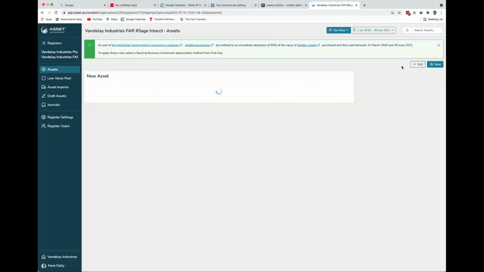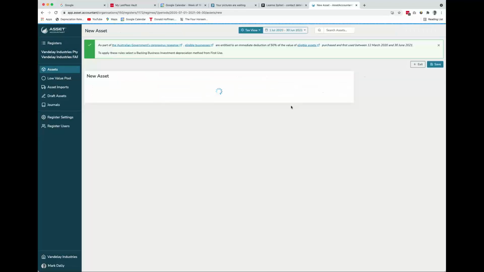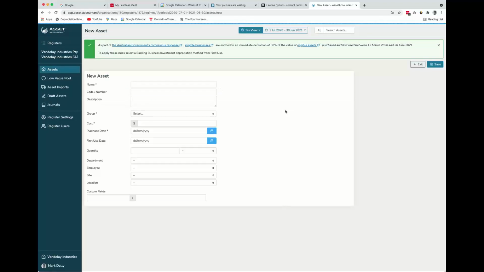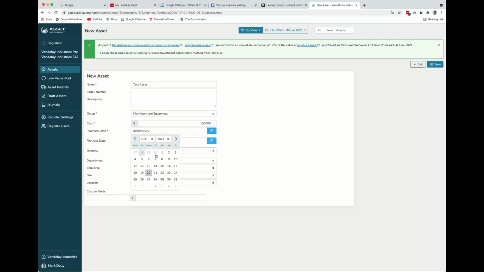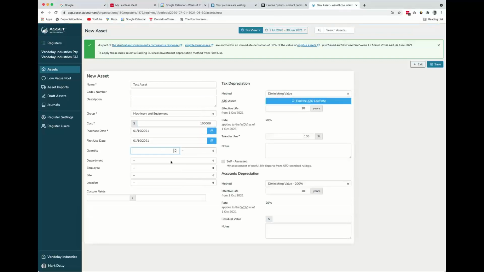I might just very quickly show you how to add an asset via the interface. It is really easy, remembering that you can do this in bulk or via an integration. So we'll just call this a test asset. You can add code numbers, descriptions. We might say this is in machinery and equipment. Give it a cost of $100,000. We'll say it was purchased on the 1st of October 2021. We can allocate